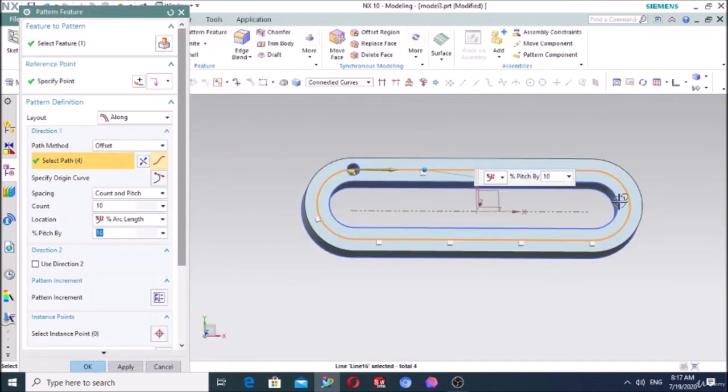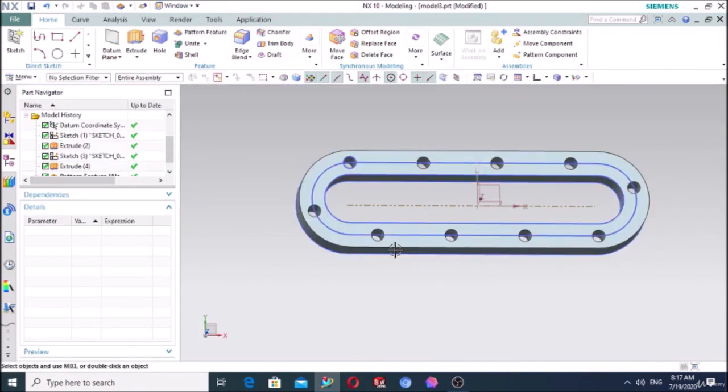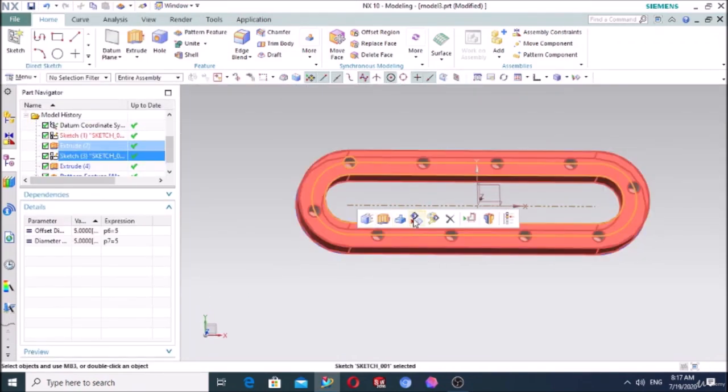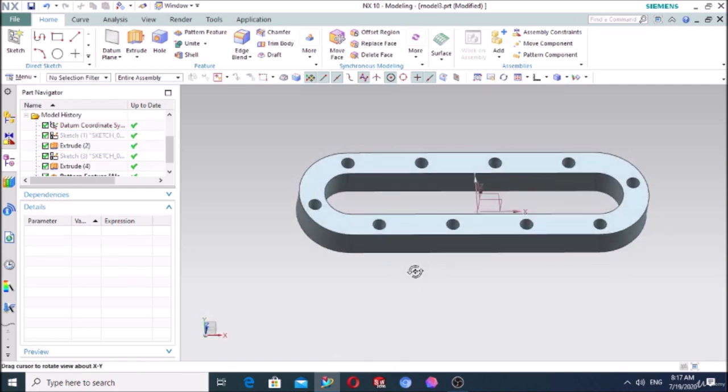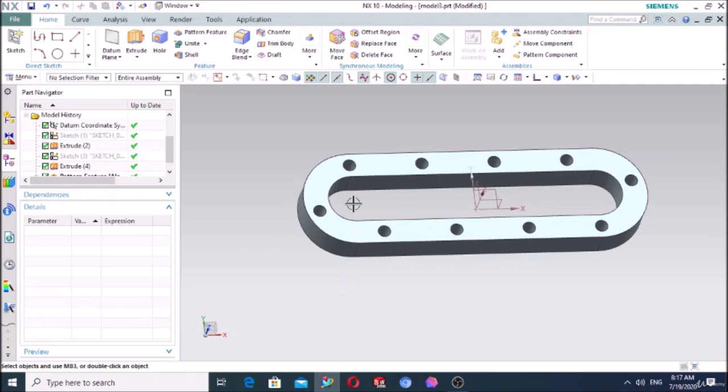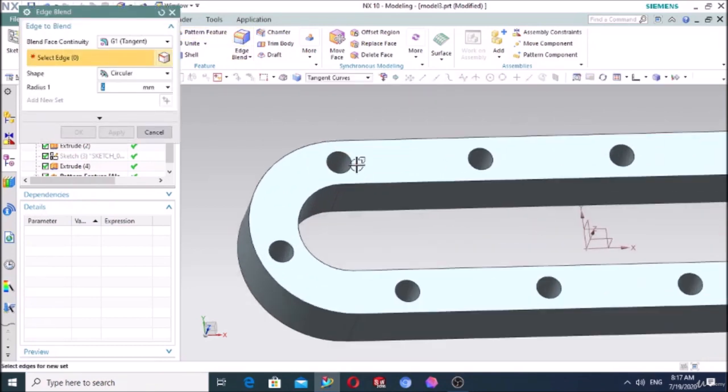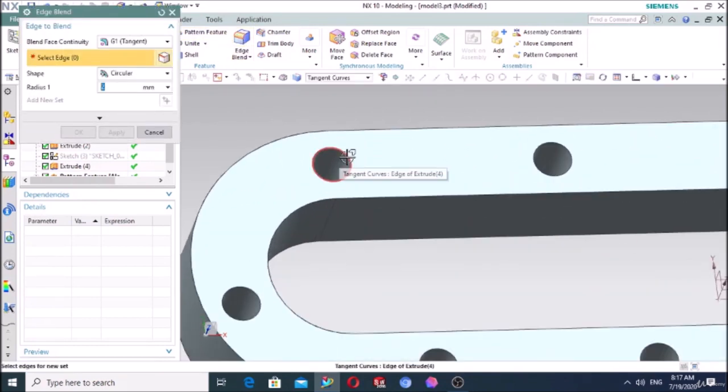You see the pattern is created. Press OK. Let's hide this one. You see the pattern is created along the line. One more thing, if you would like to add, for example, the edge blend like this on the reference